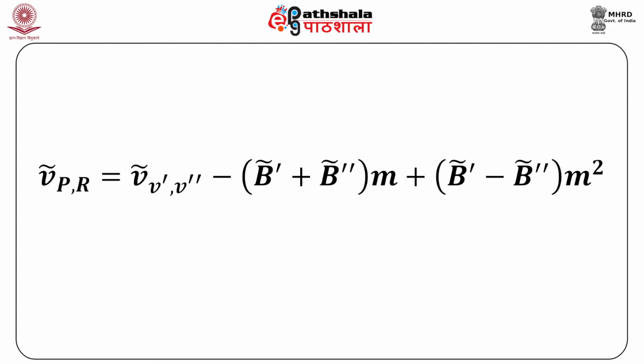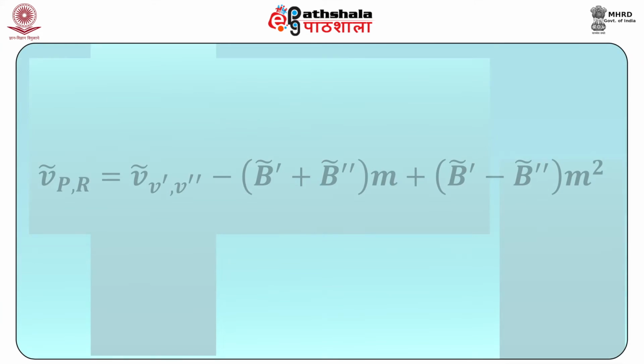These two equations can be combined into another equation which gives you, for both the branches, the wave number for the P and R branches, given by the wave number for the v prime v double prime vibronic transition minus B double prime plus B prime into M plus B prime minus B double prime into M square, where M can have values plus minus 1, plus minus 2, with positive M values for the R branch,